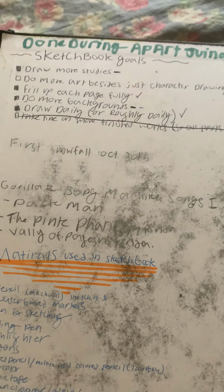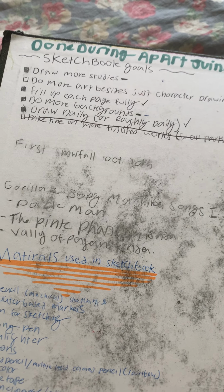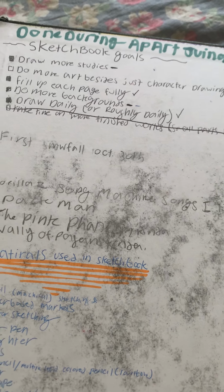I did do more backgrounds because I filled up more of the pages fully. So that means that I was doing more backgrounds as well. However,